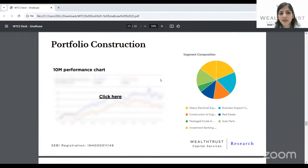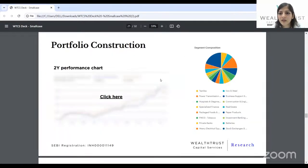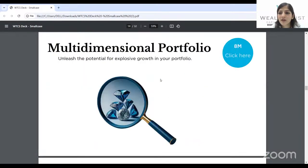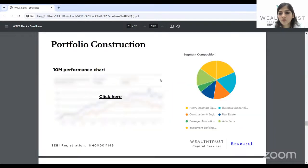अगर आप, प्रदीप, आपने ये क्वेश्चन पूछा है, अगर आप मुझे बता सकते हैं, क्योंकि हमने अभी क्वेश्चन देखा है, कौन सा स्मॉल केस की आप बात कर रहे हैं, अगर आप वापस चैट में डाल दें तो हम आपको बता सकते हैं एज क्या है। इधर हमने एज लिखी हुई है, ट्रेंड प्लान 10 महीने का है, वैल्यू मल्टी कैप 2 years हो चुके हैं, इसको 2.5 years हो चुके हैं एक्चुअली, और हमारा जो मल्टी डिमेंशनल है वो 8 महीने का पोर्टफोलियो है। तो अगर आप वो पूछ रहे हैं तो मैंने आंसर दे दिया है।